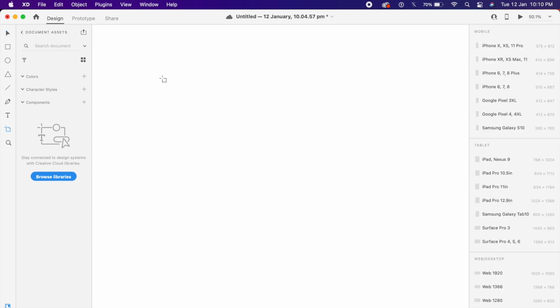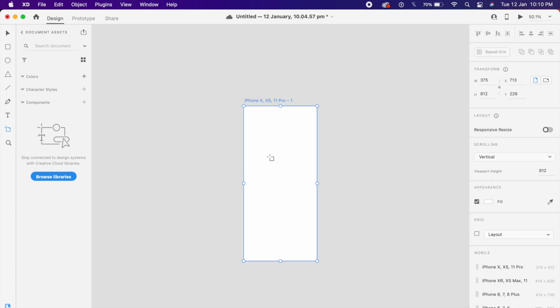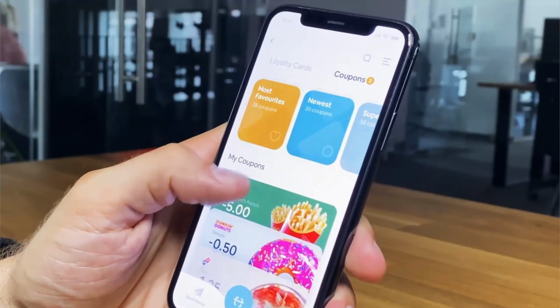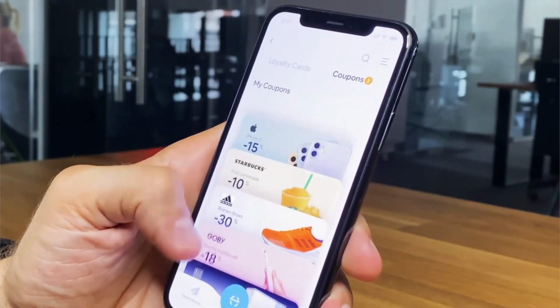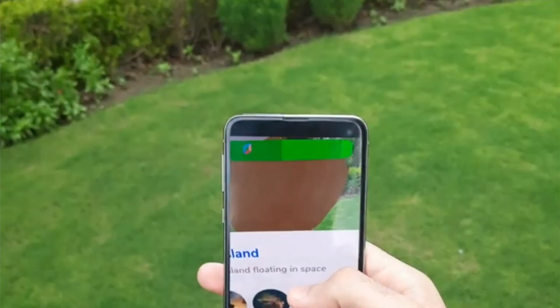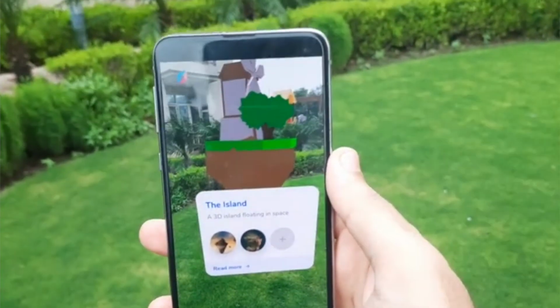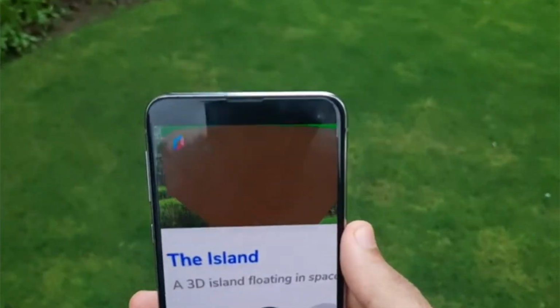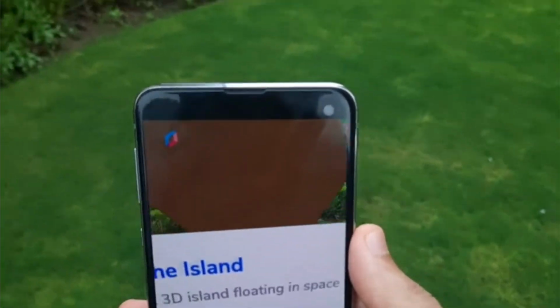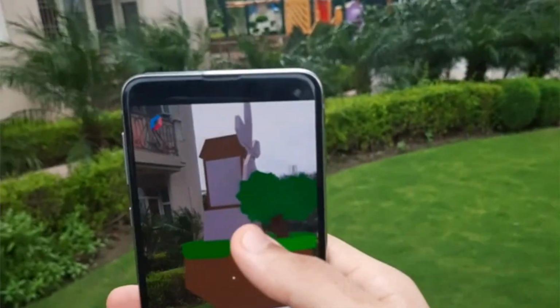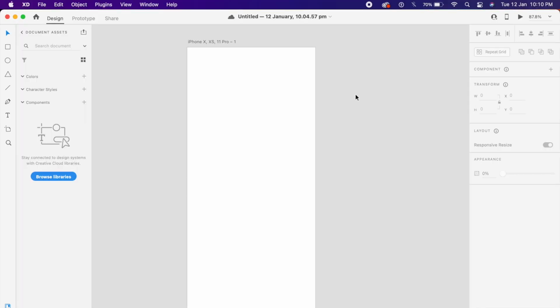So the first update is that now if I put an iPhone 10 or an iPhone 11 screen right here, it will actually span the entire area of your phone when you are prototyping. Earlier there used to be these black bezels on the top and bottom which used to look not very good when you're prototyping. So now with the latest update, if you are prototyping on your phone, you will see no black bars and it will be full glorious screen. Also finally you'll be able to use that expensive bezel-less phone that you bought this for.